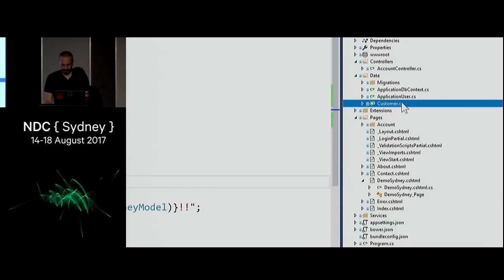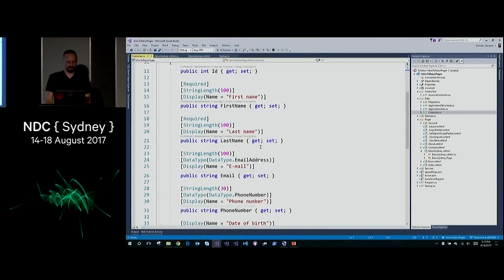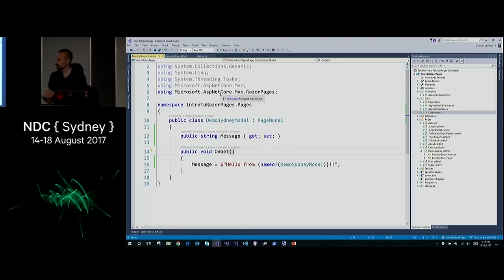In my data, I have a customer object, and inside here, it's pretty standard: first name, last name, email, phone number, birth date. I've got some data annotations on here. So let's build a fairly simple CRUD sort of view here, but we'll do it using Razor Pages instead of